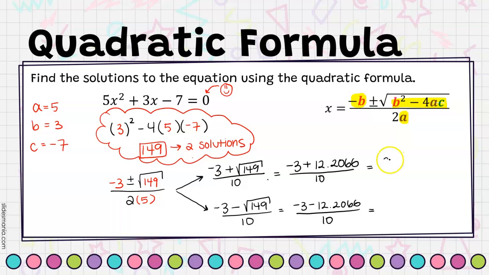I get 9.2066, and then I have to divide that by 10, which gives me 0.92066. And in the second one, I have to do -3 minus 12.2066, and then divide that by 10, which gives me